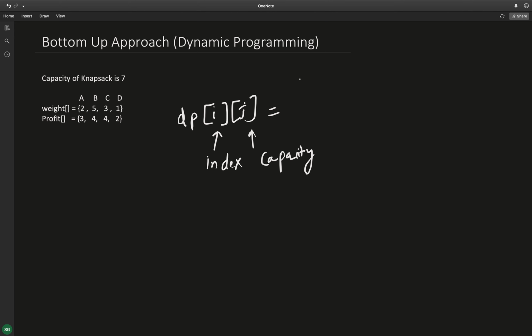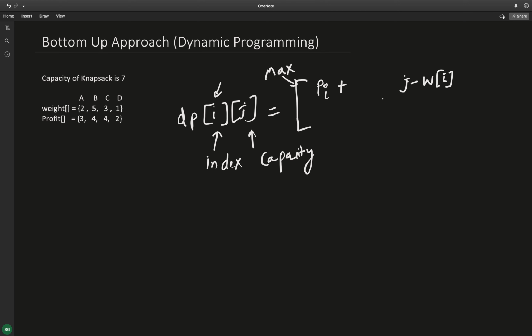Now this will be the maximum of: if I consider index i, I will already get a profit of p i, plus, the capacity of the bag remaining is j minus w of i.